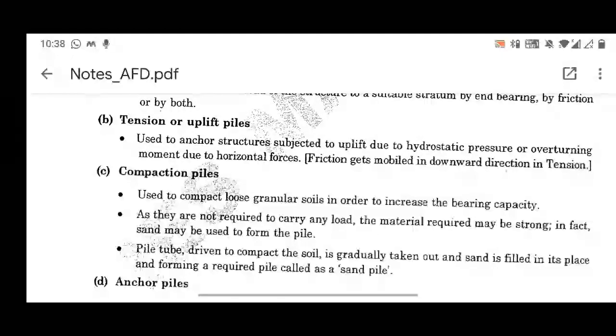Another is anchor pile. These piles are basically used to provide anchorage. When I am saying anchorage, basically near the seashore, you have seen ships that are used for carrying goods. They are basically anchored to one portion. So the piles that are used to anchor these structures are known as anchor piles. They are used to provide anchorage against horizontal pull from water or sheet piling. In sheet piles also you have seen a dead man or a dead concrete block basically attached to the sheet pile using some piles known as anchor piles.